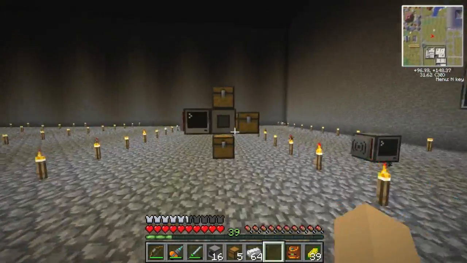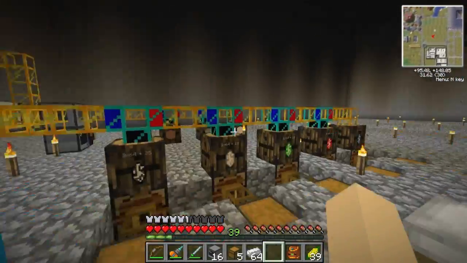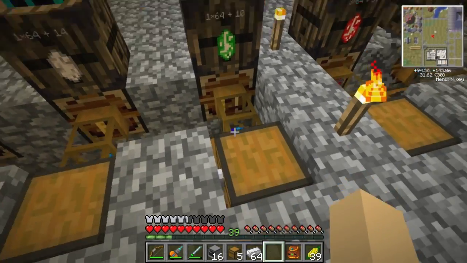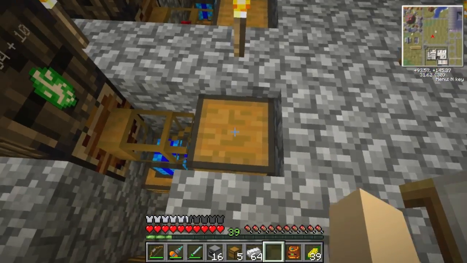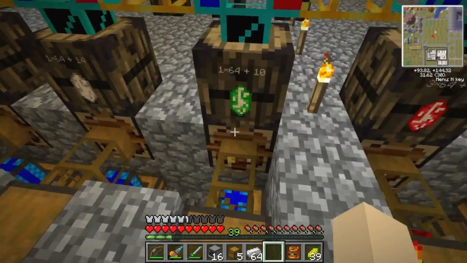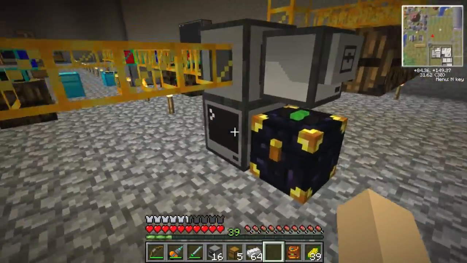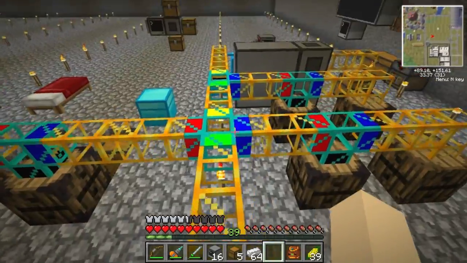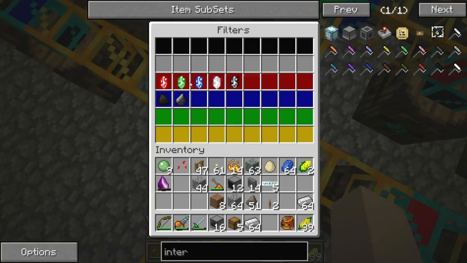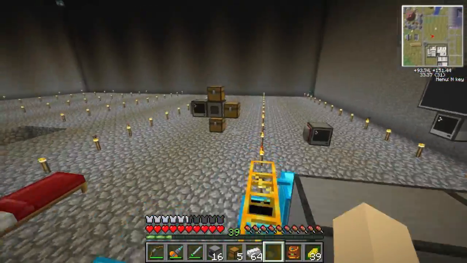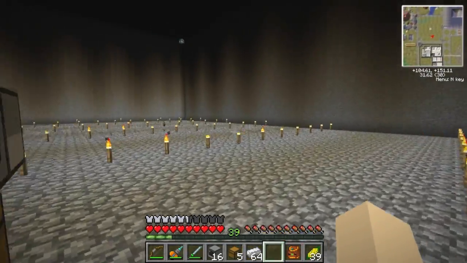Instead of them going straight to their storage chest, they'll veer off. They'll go to their auto crafting table, and then the chest they're going to get put into is going to be this ender chest right here. So it's going to put it right back in the loop, except this time when it comes through the loop, it's not going to be one of these crystals. It's going to be the block, and it's going to go off to its storage chest, and it'll get updated